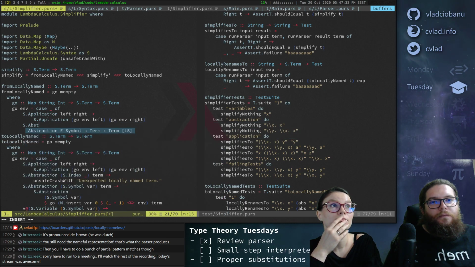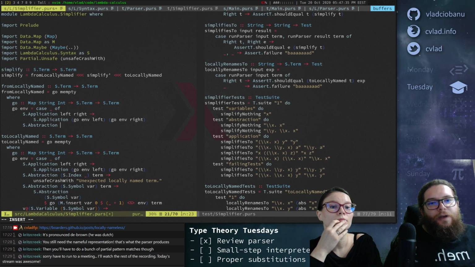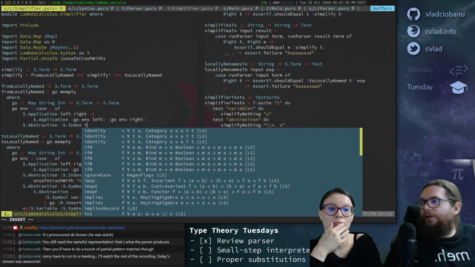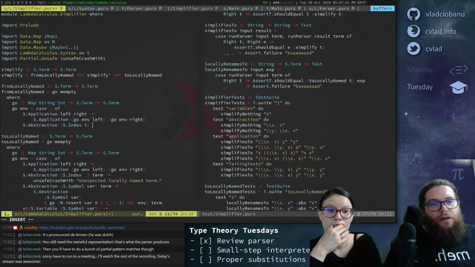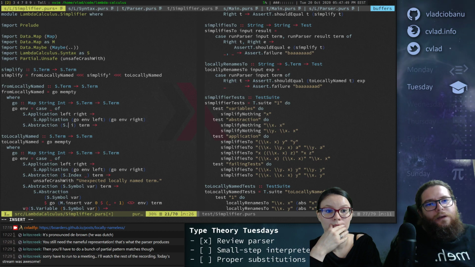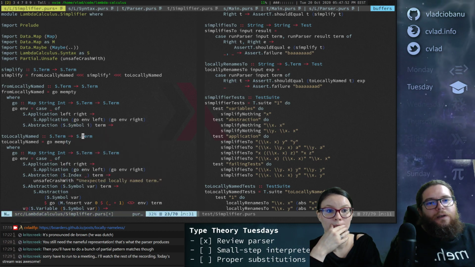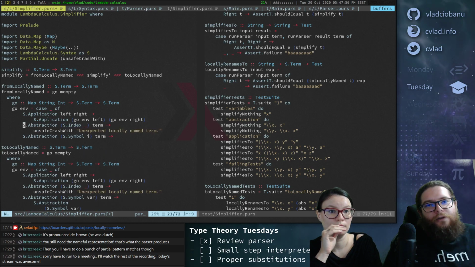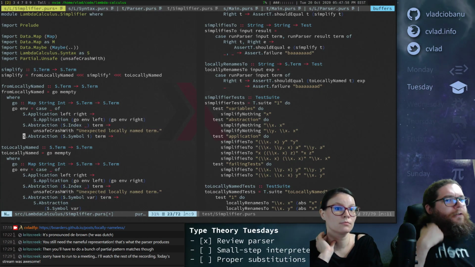If an abstraction of s.index, some index I, and a term. Well, no, we should never have index here. That's actually an error. We should always have symbol here, because if we have index here, then we cannot recover the name, and we will error, because that should never happen.